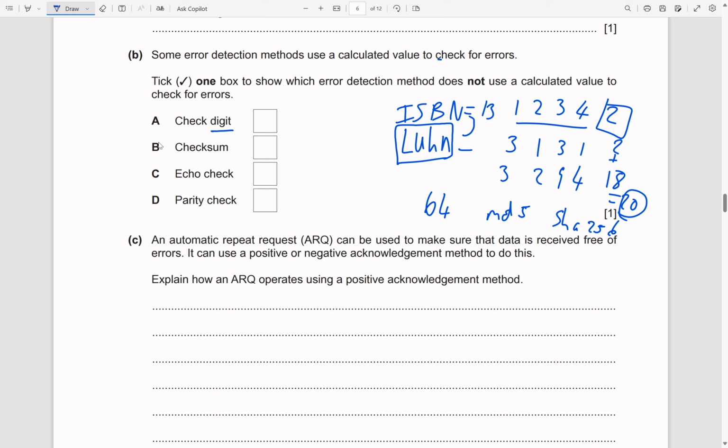Right, so echo check. This one, basically you're going to send the data, let's say the client, and then let's say the server, or the receiver. Maybe let's call it sender and receiver. So let's say they send the data ABC, the receiver then just sends that data back, they echo it. And then if the sender receives the same data coming back, well, they know that the receiver must have received the correct data, because they've responded with the correct data. But let's say if they return ABD, well, of course in that case, possibly the receiver has received the wrong information,